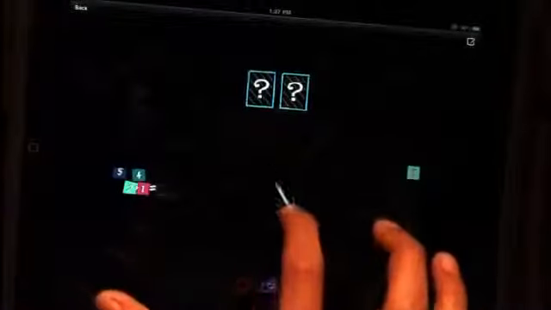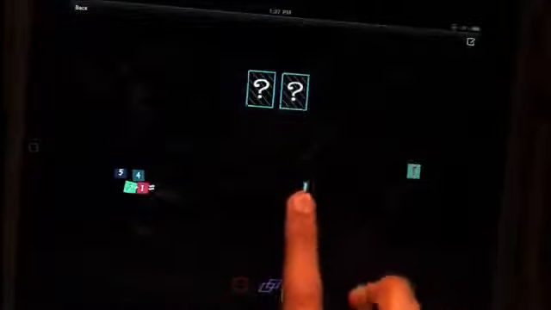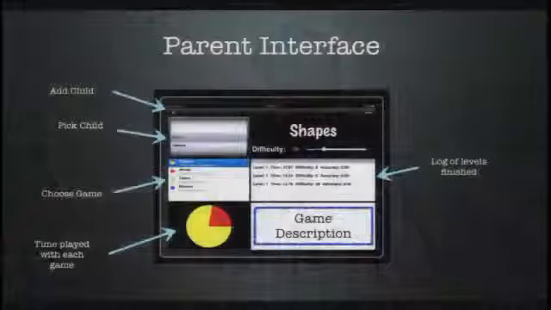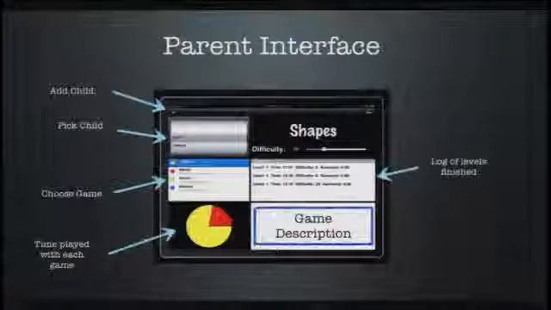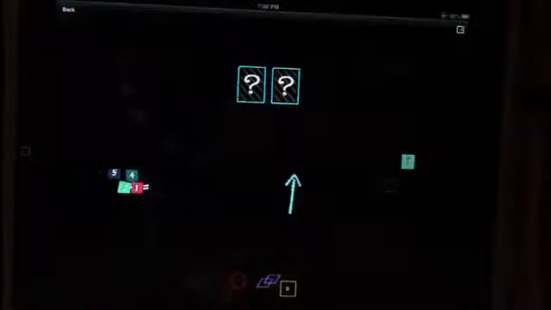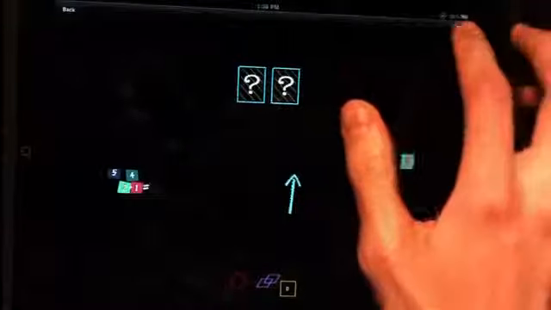Okay, so do you want to demo the parent interface? Okay, so this is the parent interface. Actually, we should show how you get to that from the app. Okay, so you can get to the parent interface from any screen in the app. You click this in the top right corner, type in your parent password,